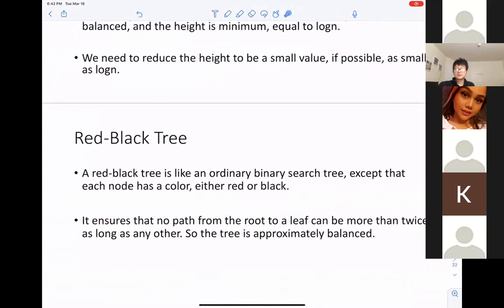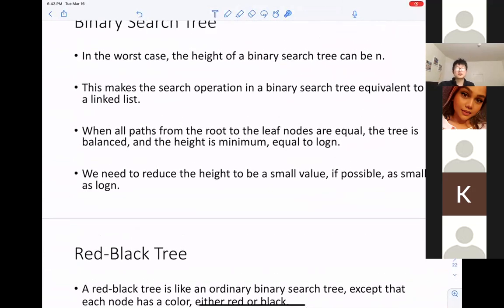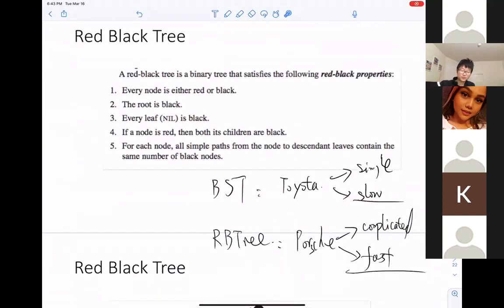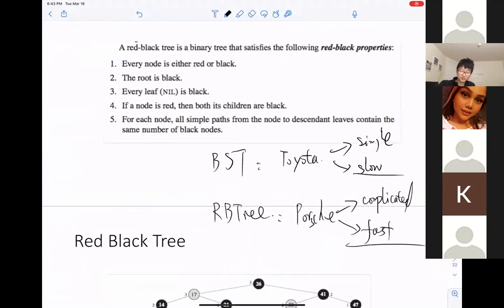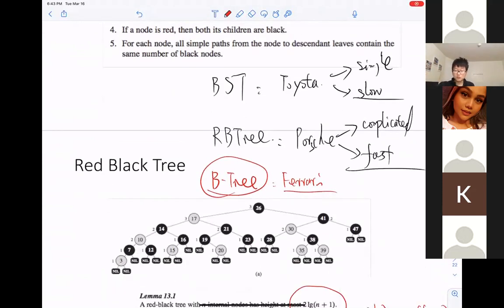You are not going to implement it in your life, even though you are a software engineer. Based on the red-black tree, people designed a more advanced version of it called a B tree, and this tree is more widely used. You can take a B tree as a Ferrari or Lamborghini. This one is faster, but contrary to the Porsche, the B tree